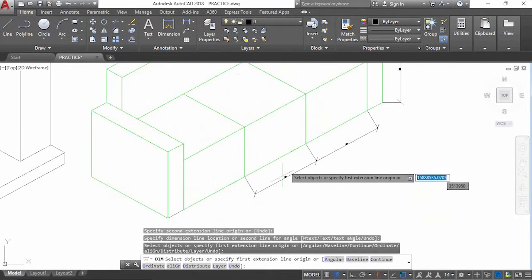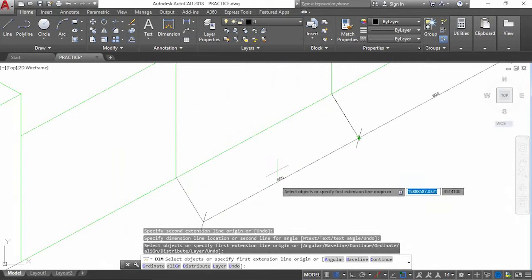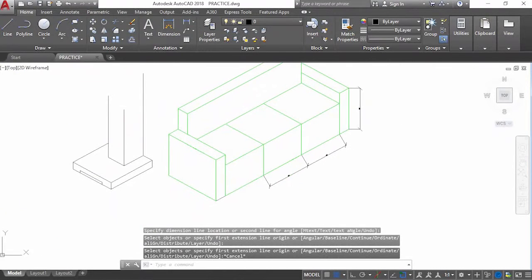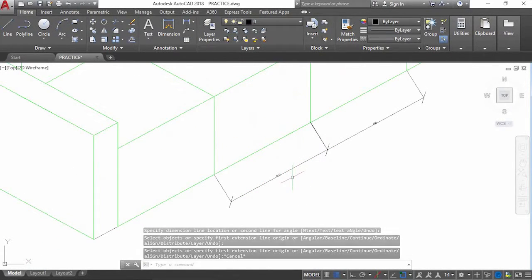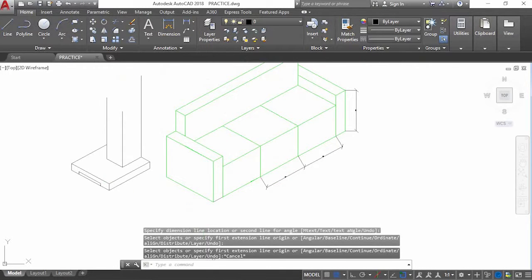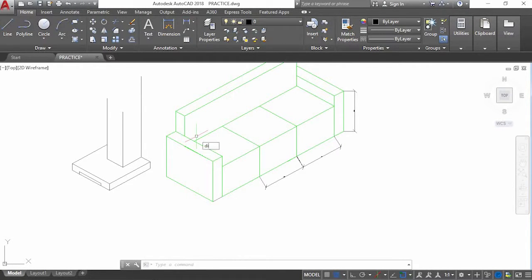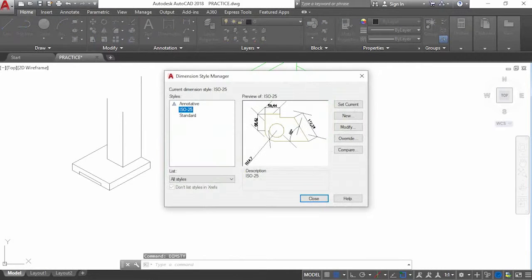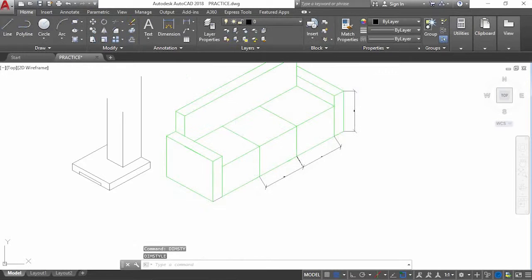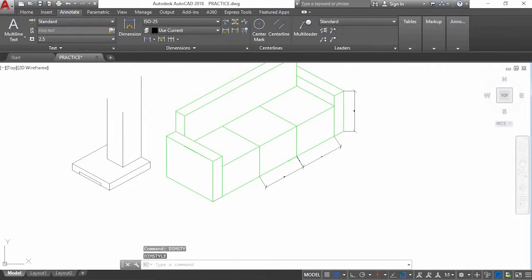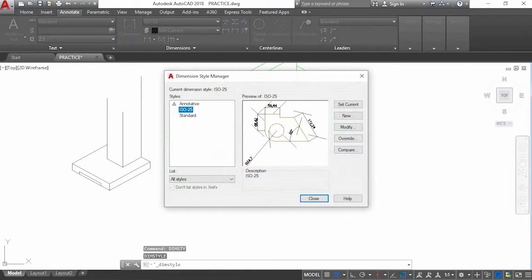Now talking about the text height of this dimension. To change the text height of this, you can just open dimension style manager by typing command dim style like this, or you can just go to the annotate option and then click on this small arrow to open it. Now just go to the modify option